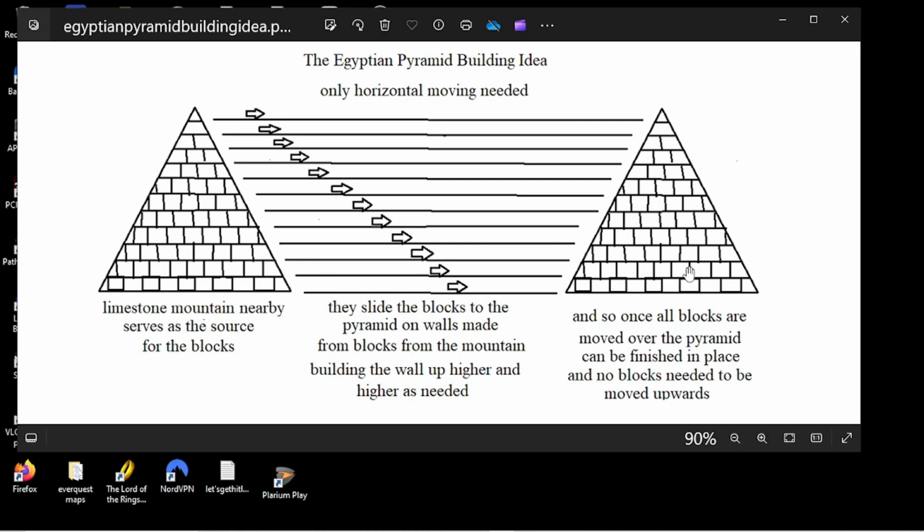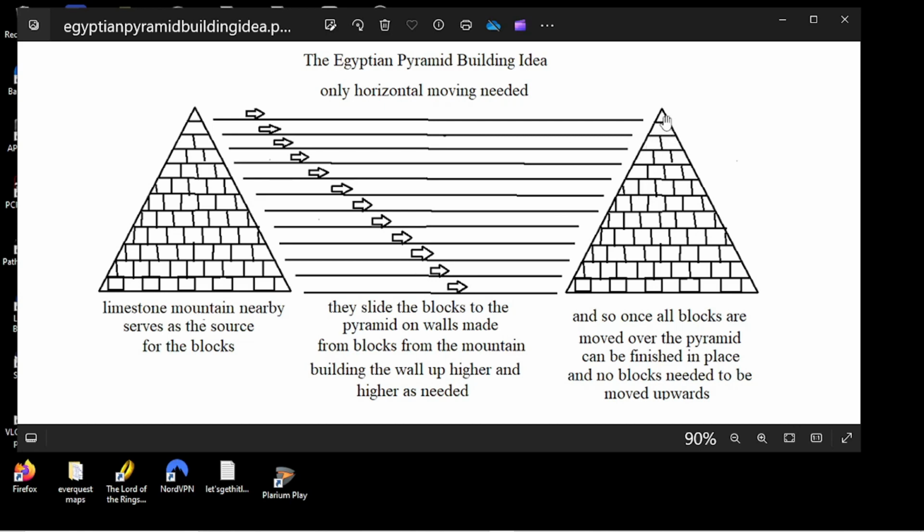Create another wall, make more blocks, push them along the wall and onto the third level. Every time you finish a level, you just create another level of the wall, and you just keep pushing blocks over,